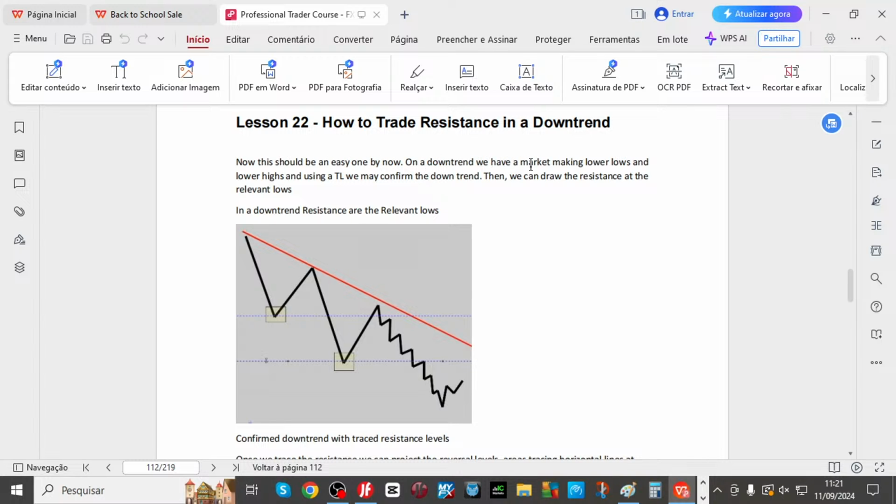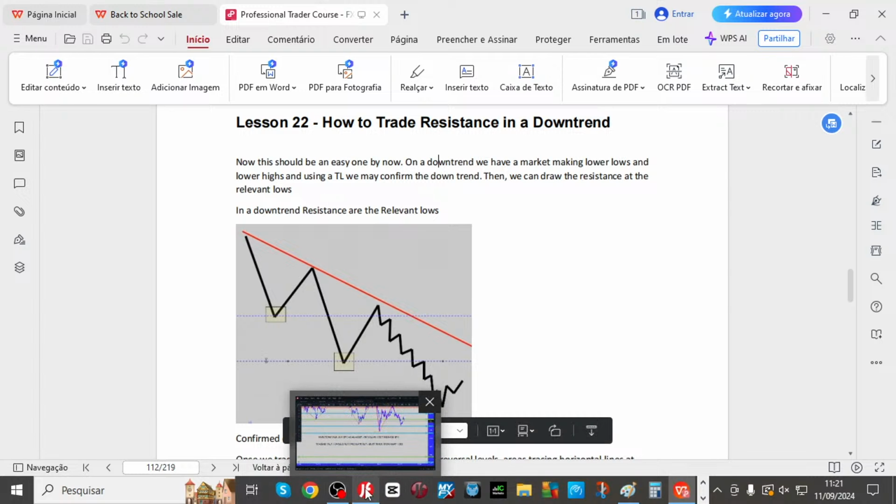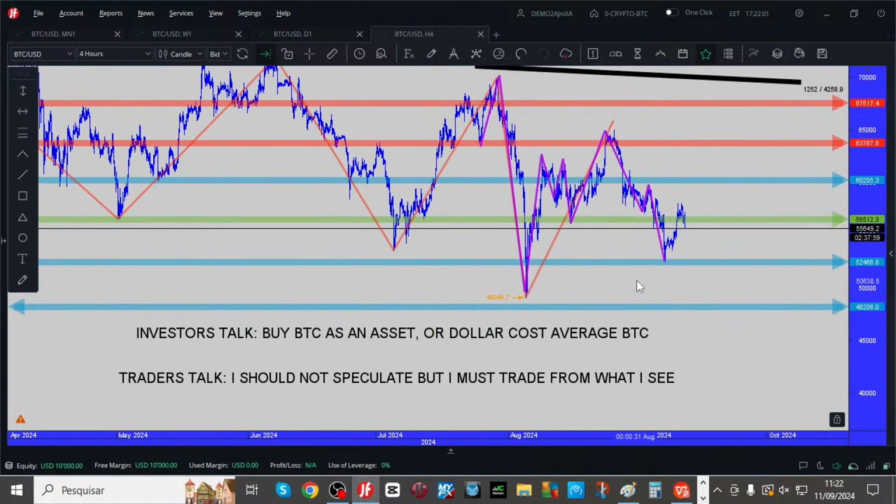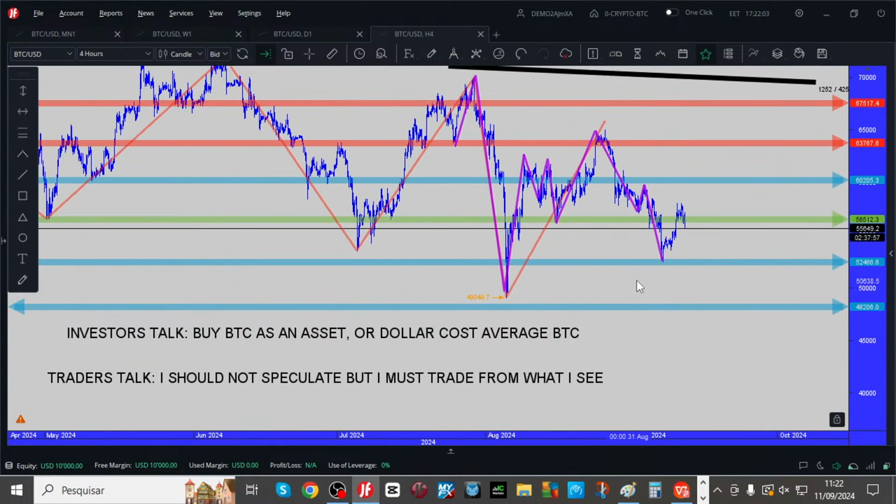In a downtrend we have the market making lower lows and lower highs, and using a trend line we may confirm the downtrend. Then we can draw the resistance on the relevant lows and relevant highs. So if this is theory, and remember I'm on the 4-hour chart,